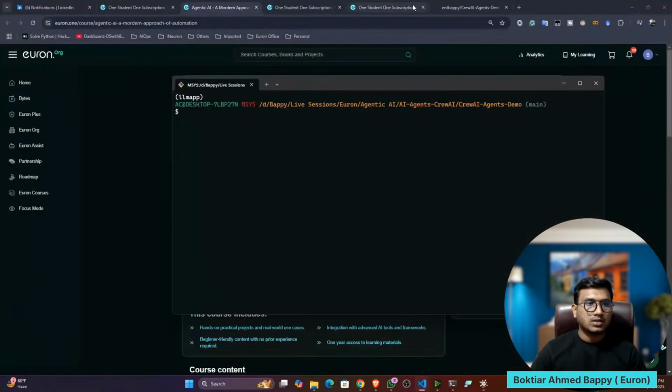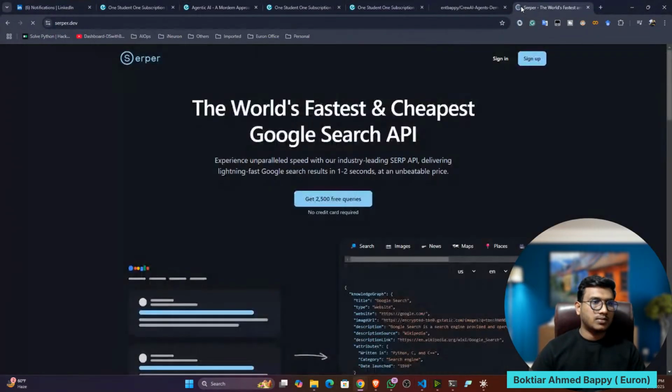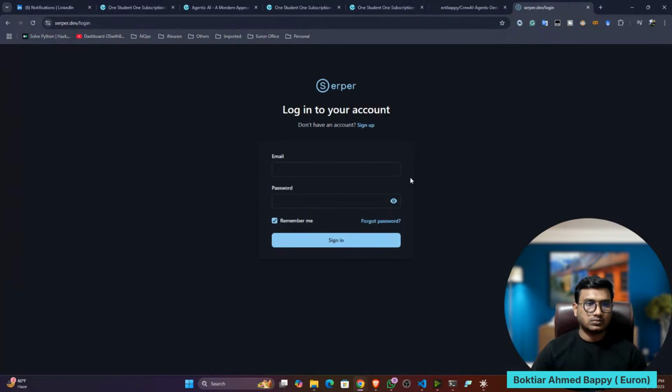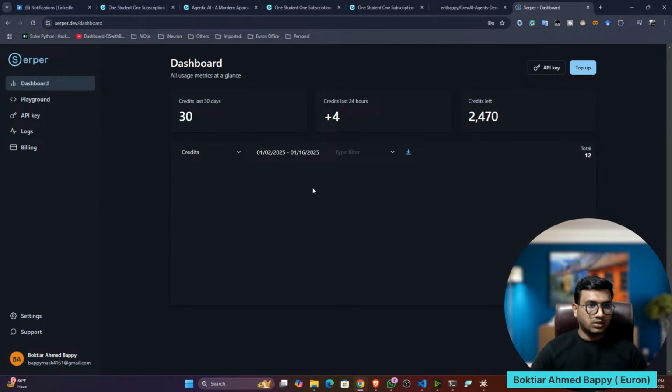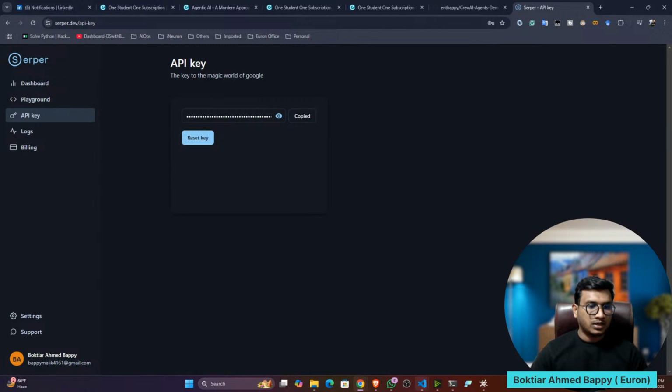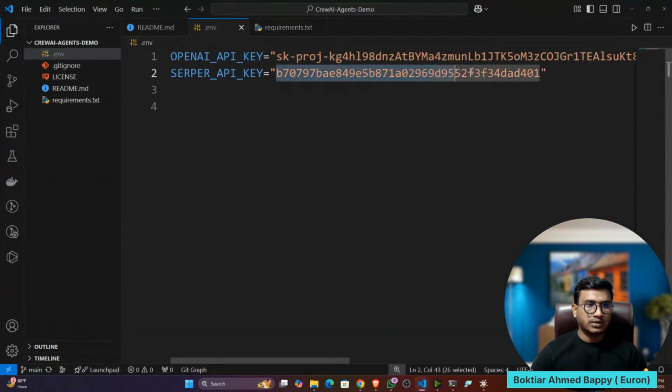Go to serpapi.com, sign up with your account. Then on the left-hand side you will see API key. Copy the API key and mention it here.